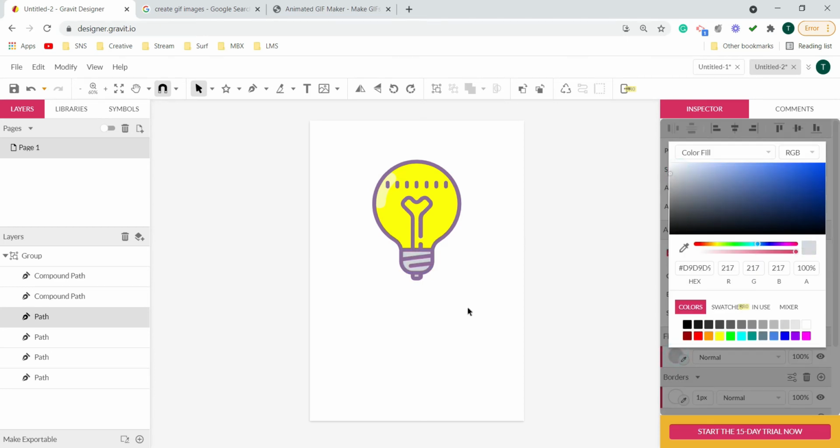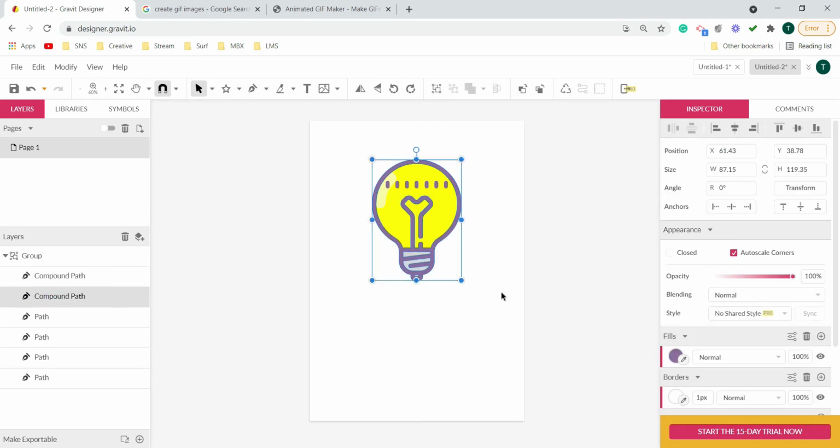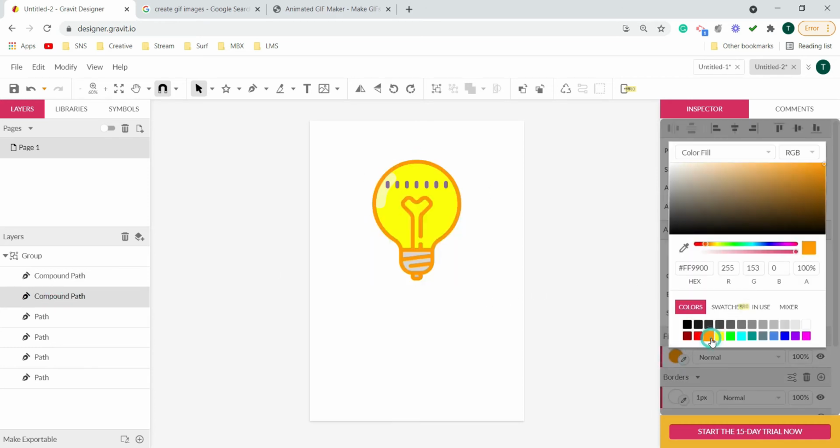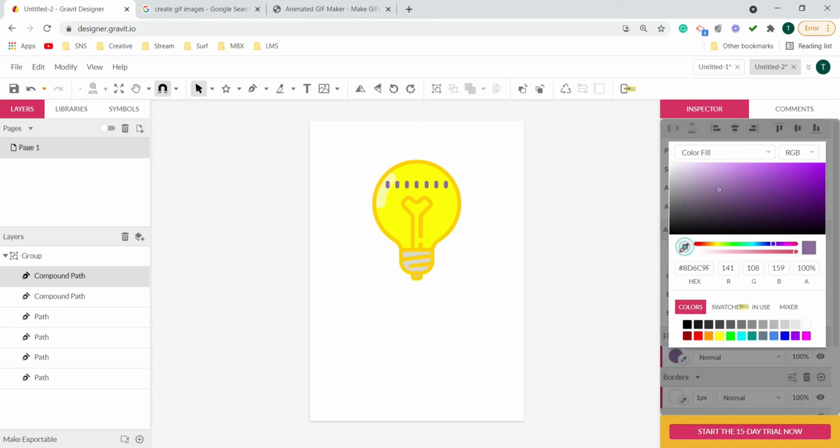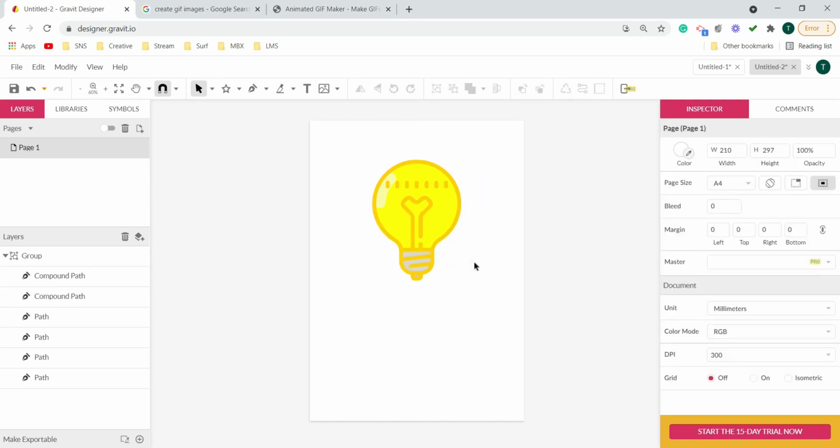All right. Now finally, we have this outline. For this, I will keep the color around orange. Let's see how it looks. Not good enough. A dark yellow will look much better. Or maybe a bright yellow. No, I think a bit dark yellow will look better over here. This is fine. Now the last one, we have this too. For this also, I am going to pick the color which I have given to the outline. This. All right.